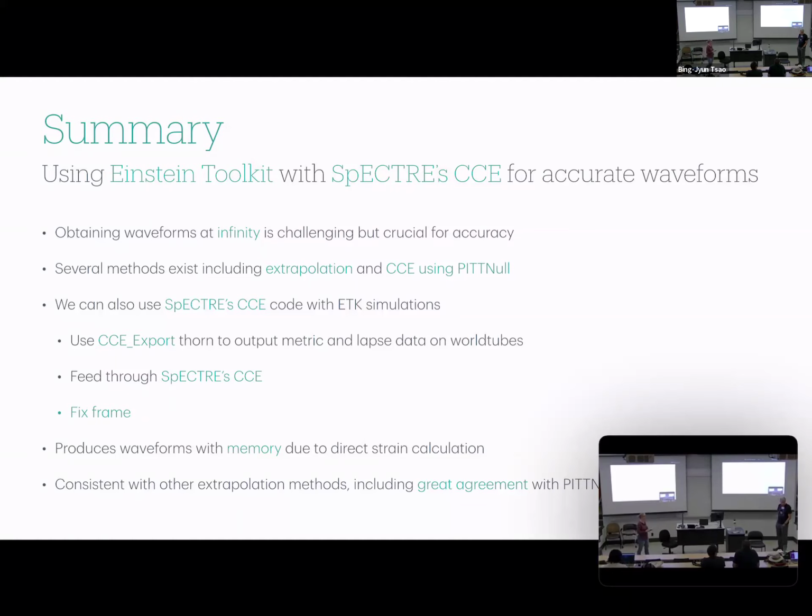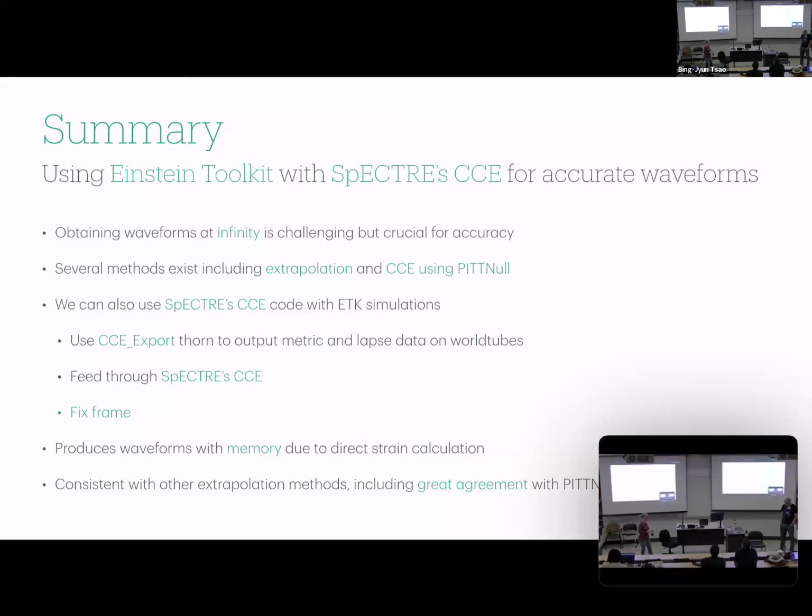Related question, do you know if it supports outputting at uneven time intervals, or do you have to have the same delta T for all of them? Let me clarify the question. Do you mean for all the different radii? The time you output the CCE data, does that have to be at regular time intervals, or can it be different? Oh, different delta T for different things. Gotcha. Peter was asking about the delta T for the different waveforms and if that has to be consistent.